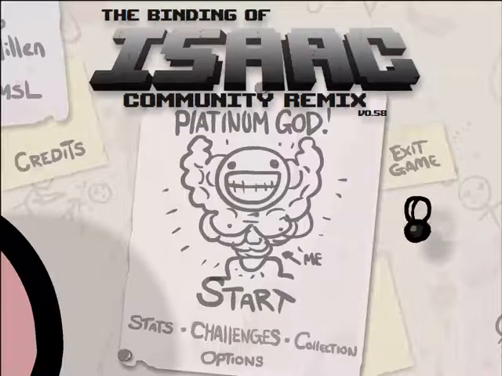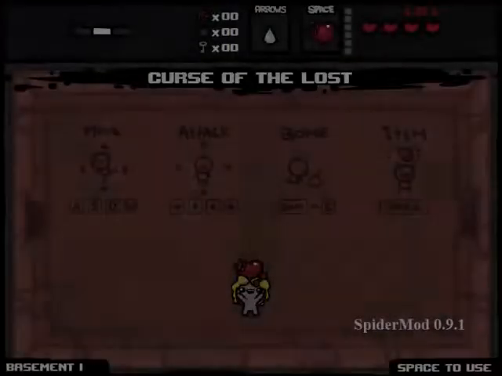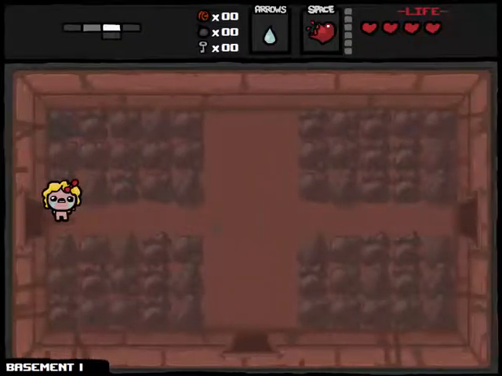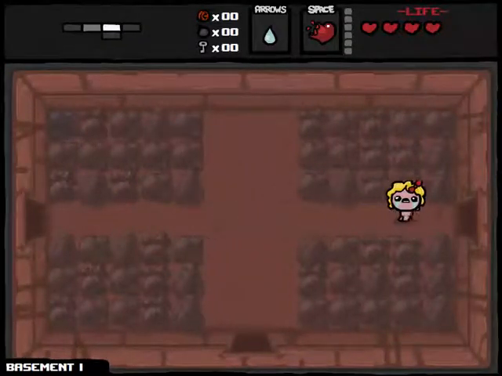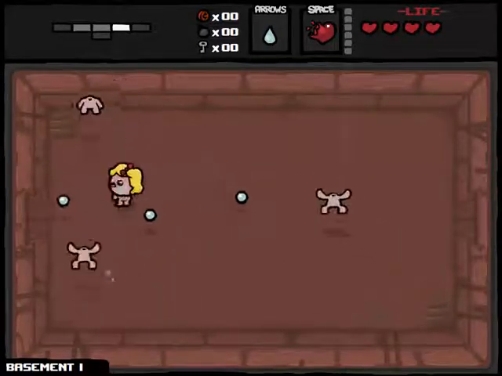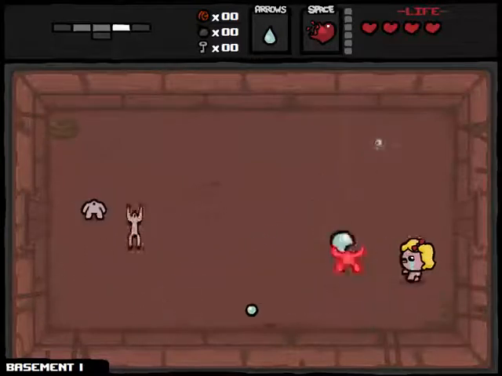Hello, Castella, Binding of Isaac Community Remix mod. We're gonna be playing as Maggie this time, and I probably said in my last episode we're gonna play as Cain, but I forgot that Maggie comes before Cain in the list of characters, so yeah, we're just gonna go play as Maggie. And this is a new instance of Isaac, so no chances of deal with the angels on